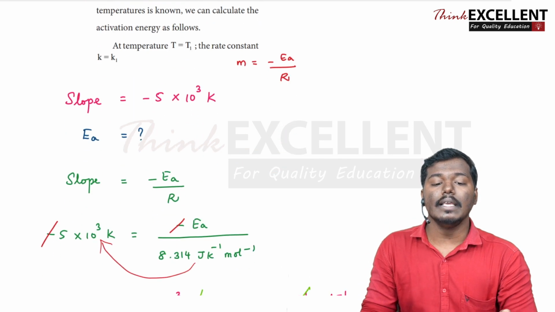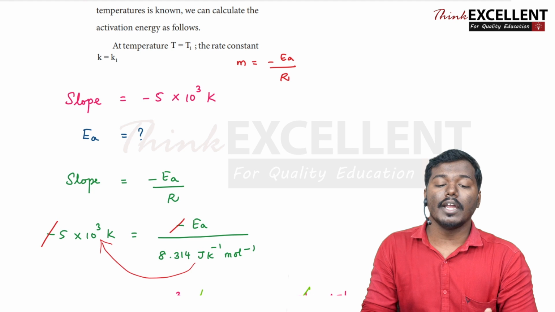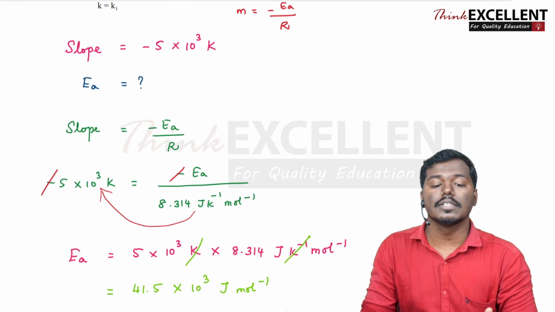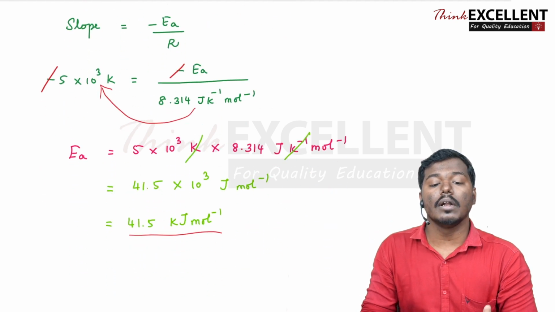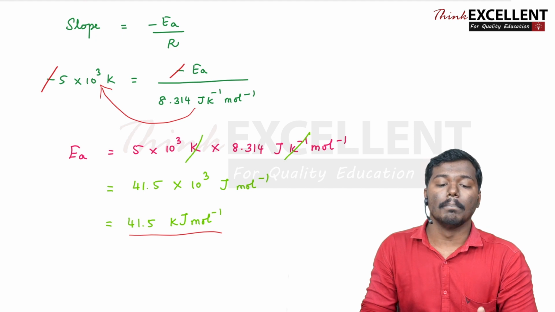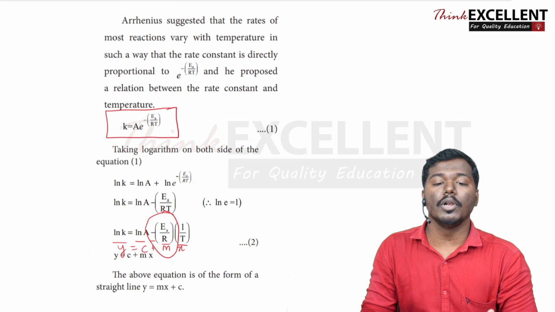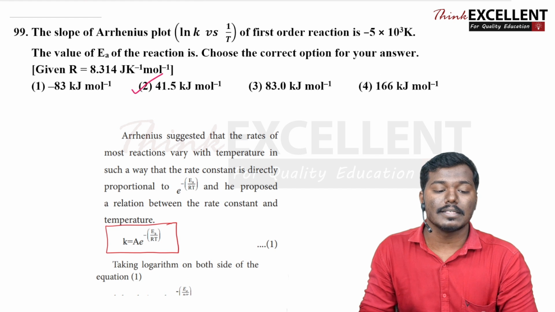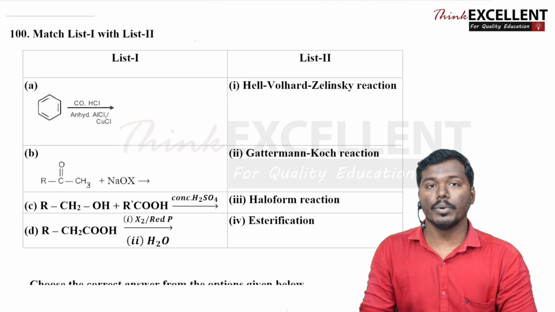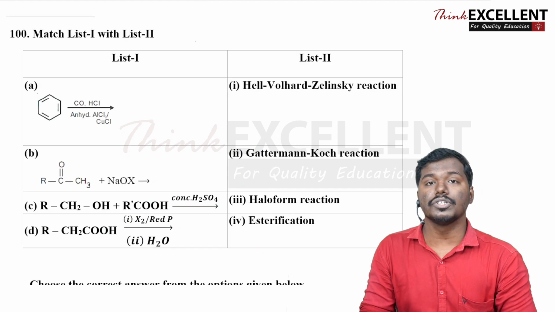So EA we have to find out. So slope is equal to minus EA by R. So slope value கொடுத்திருக்காங்க minus 5 into 10 to the power 3 Kelvin. So minus minus cancel பண்ணலாம். So EA find out பண்றதுக்கு take this value to this side. So you'll get 41.5 kilojoule per mole. Okay, so very simple question which is asked from the Arrhenius equation. Okay, so next we are going to question number 100, that is the last question in chemistry, that is we